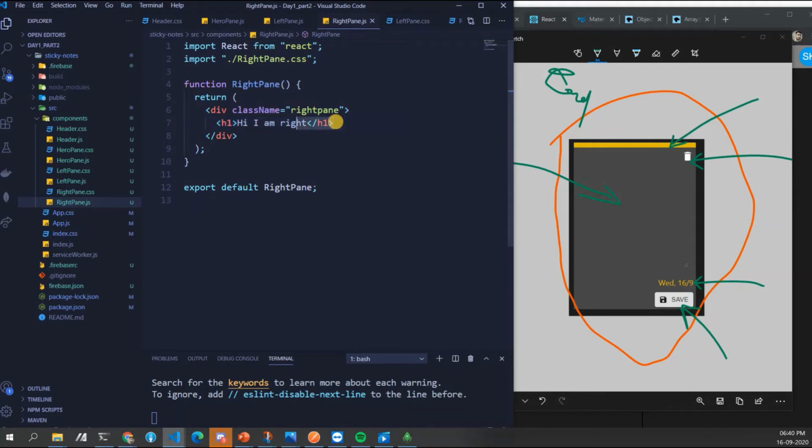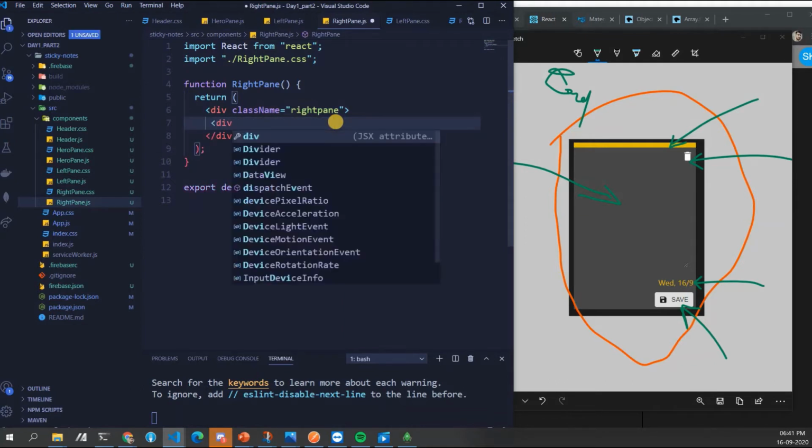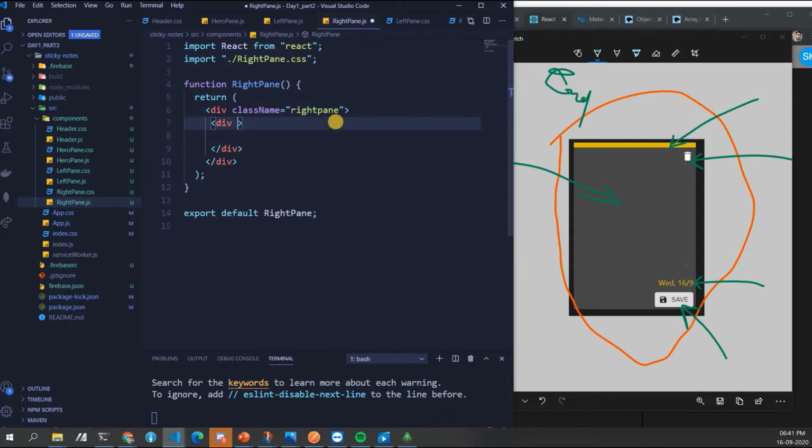I think you guys are comfortable now with how to write divs and this BEM naming convention, right? We have written it so many times. So write right-pane underscore underscore card.